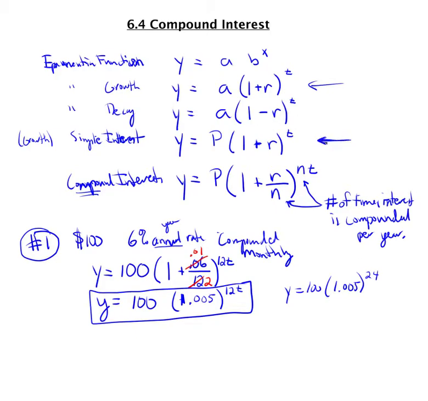If we had done the 2 for the simple interest, that would be y equals 100 times 1.06 to the 2 times. So that 6% would be compounded twice in that year. So it's done once the first year, and then the second year it's done again, taking that little interest on